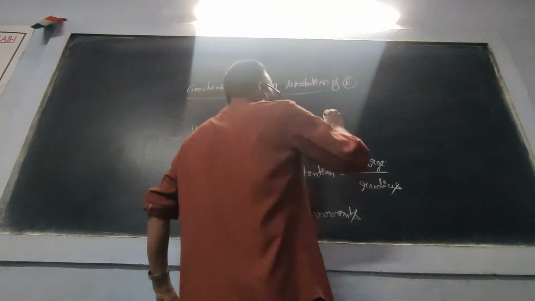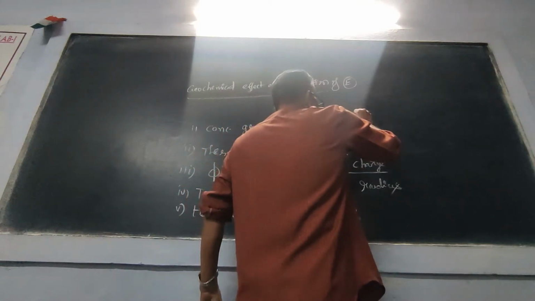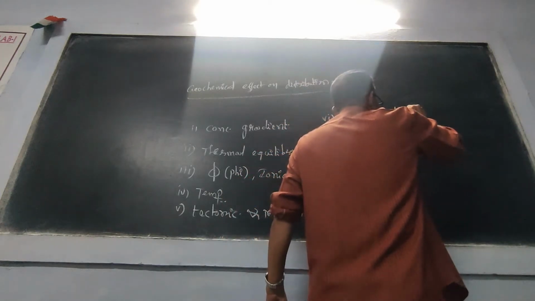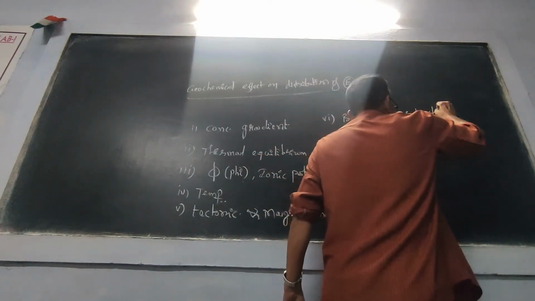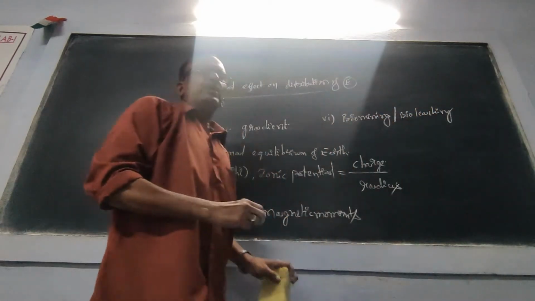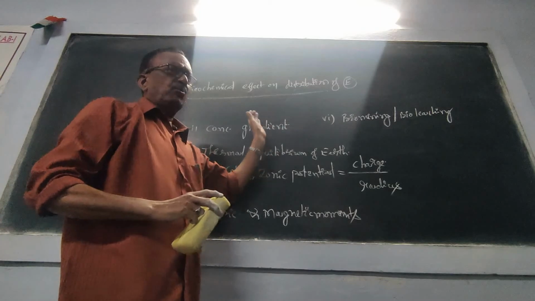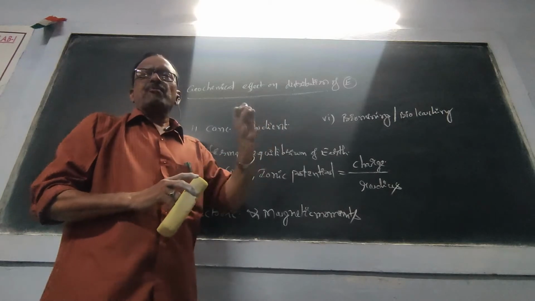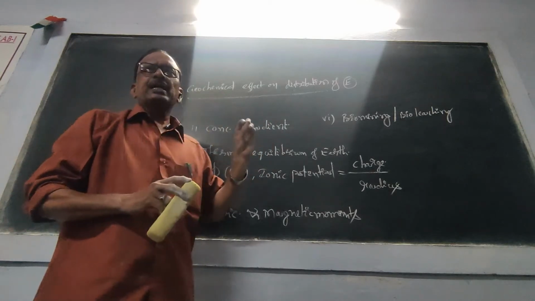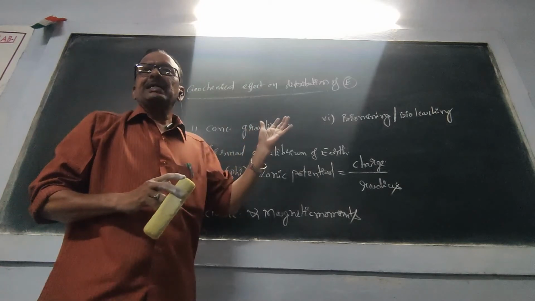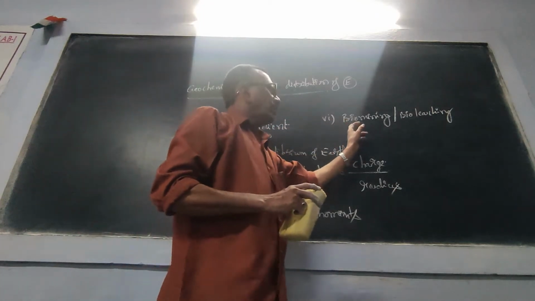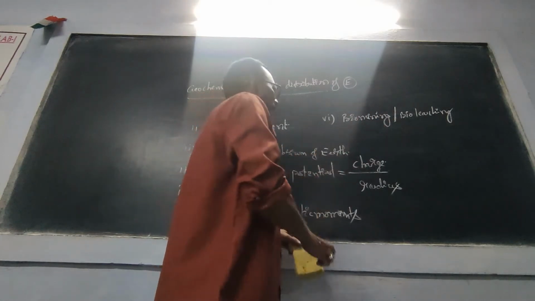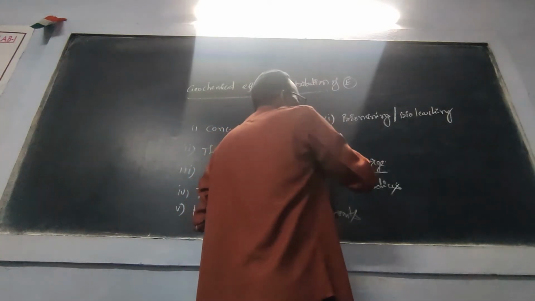Then we have the sixth one, bio-mining. What is this bio-mining? Or it is also called bio-leaching. So bio-mining or bio-leaching means, as I have already mentioned in Bio-Inorganic Chemistry, the process of extraction of metals from ores by using microorganisms like bacteria and archaea. That process is called bio-mining, or it is also called bio-leaching. Okay, and the last and final term, that is